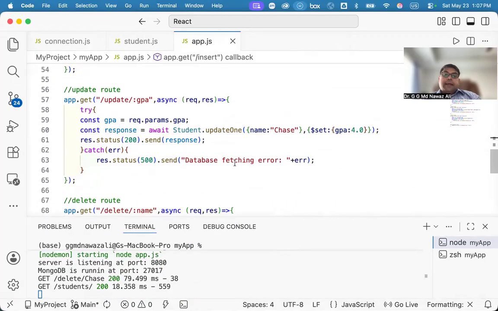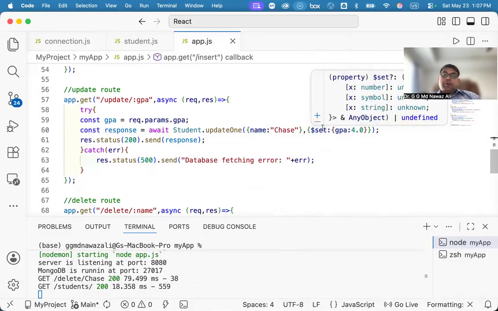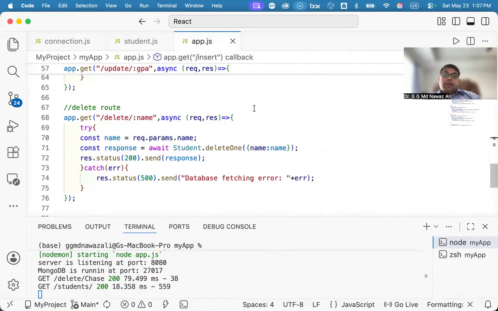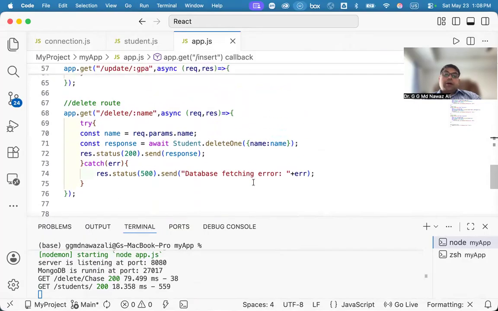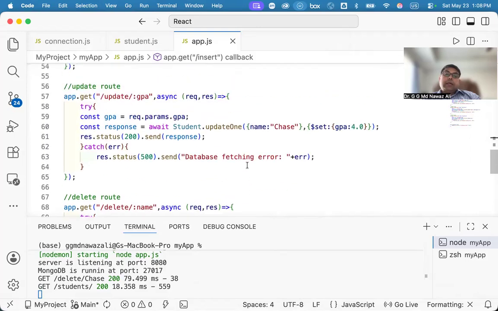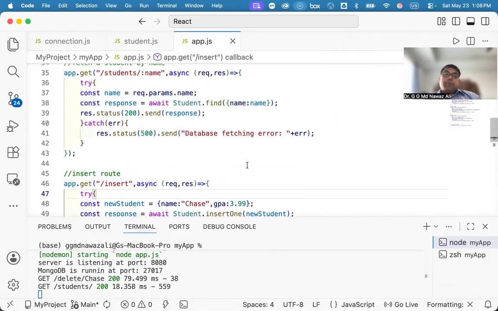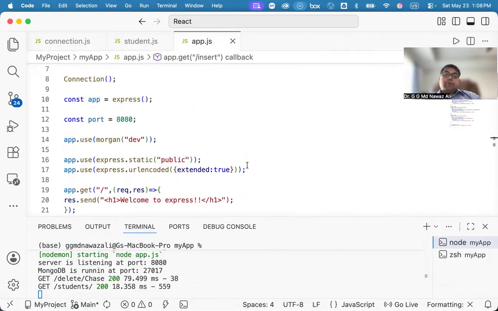And then for updating by GPA, we first need to find which one we want to update, and then we need to give what we want to update. And for delete, you can delete by name, delete by ID, delete by GPA, whatever condition you want to provide, and that is the delete. As I mentioned, right now we are just checking all the routes directly from the browser window,